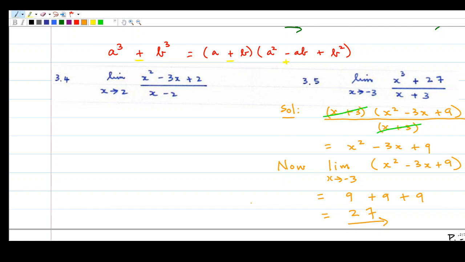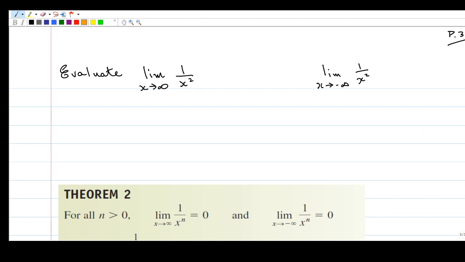Right. So we now move on to the next part. So evaluate the limit as x approaches infinity of 1 over x squared. Right, so if you look at this, as x approaches infinity,